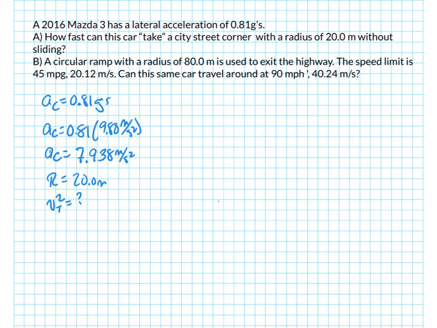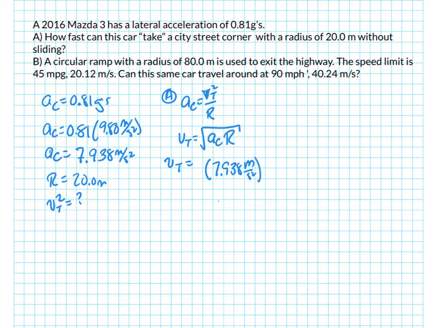For part A, I've got AC, I've got R, I've got V. So looking through my circular motion relationships, I'm going to use the fact that AC is equal to the tangential velocity squared divided by R. So looking for the velocity, the tangential velocity is equal to the square root of AC times R. So that's the square root of the centripetal acceleration, 7.938 meters per second squared,